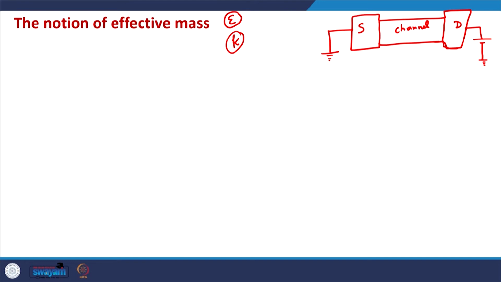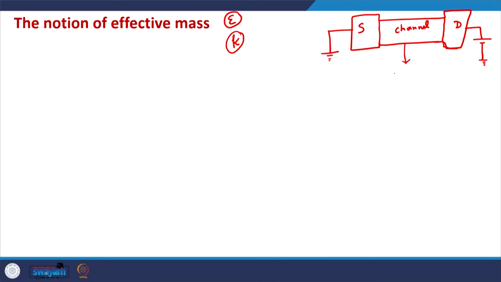solved the Schrodinger equation where the energy and momentum are precisely defined. So, energy of the electron is precisely defined and the momentum of the electron is also precisely defined, but that is not sufficient for understanding the motion of electrons in actual solids. So, we cannot understand the motion of electrons in solids using this,